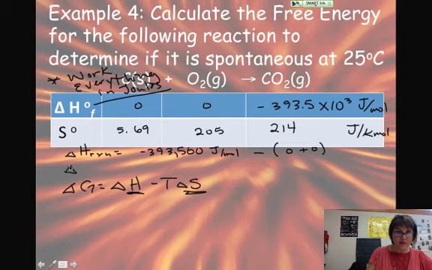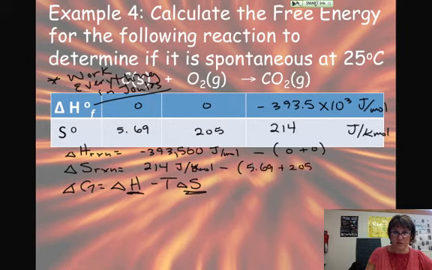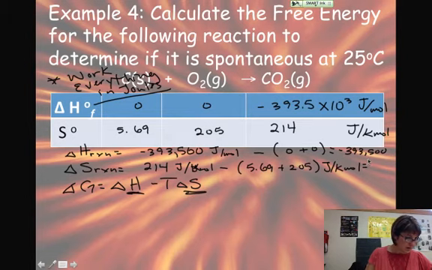Now let's do delta S. The entropy change for this reaction is the sum of the products, 214 joules per Kelvin mole, minus the sum of the reactants. So I'm going to add 5.69 plus 205, and that's also in joules per Kelvin mole. So for enthalpy change, of course, I get negative 393,500. For my entropy change, I got, let's see,